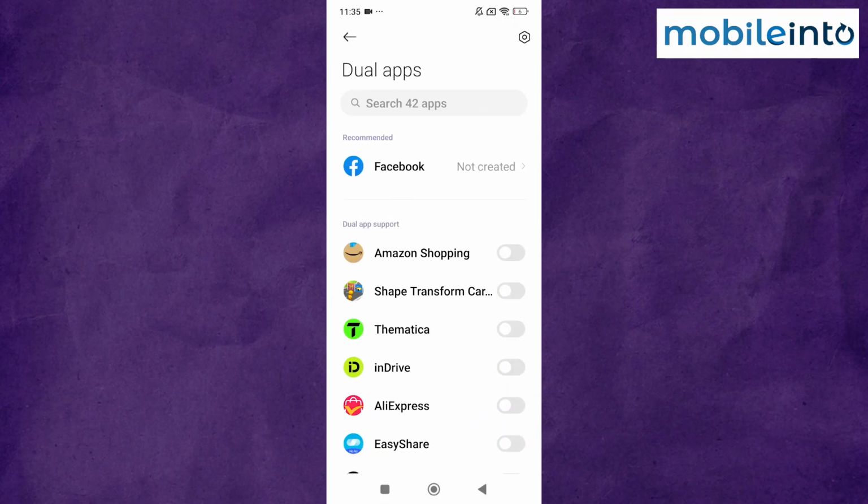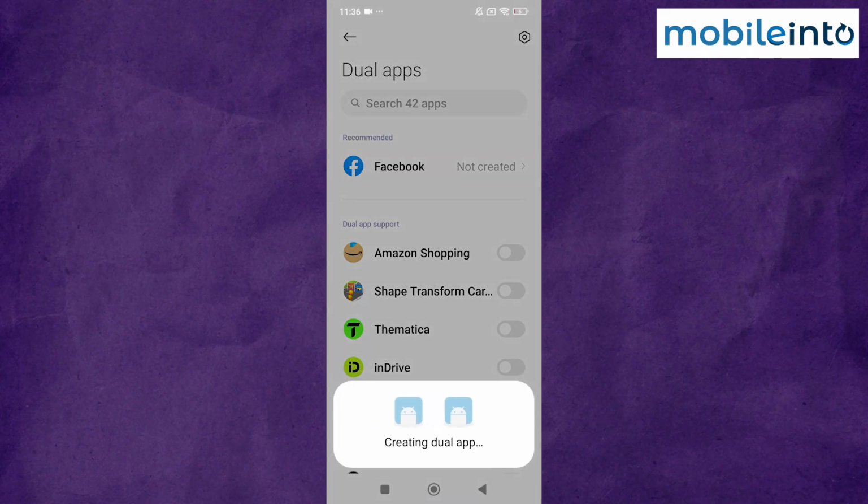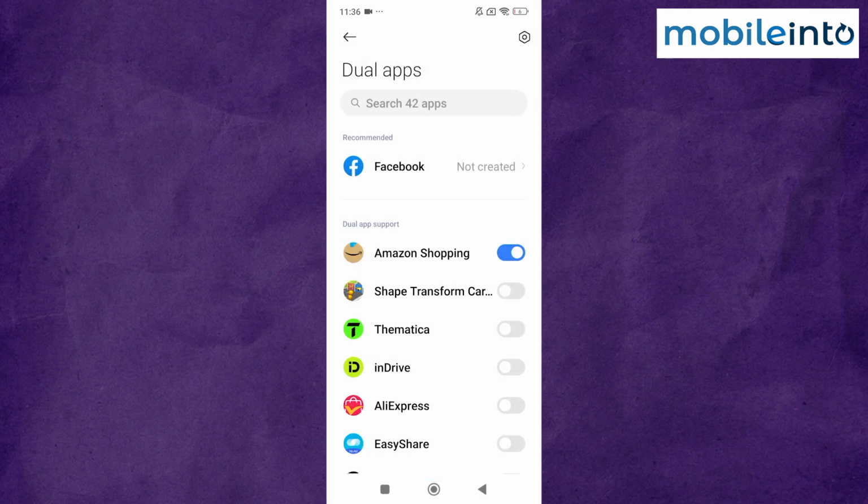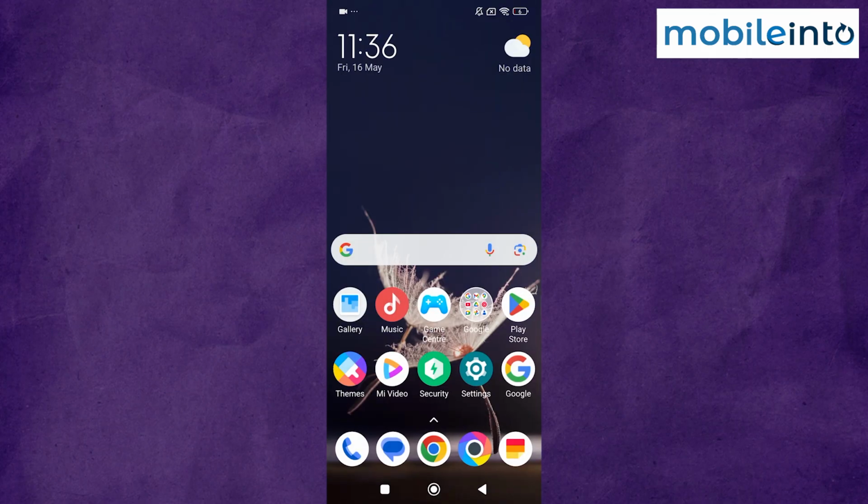Now from here just enable the toggle for the apps which you want to create a clone of. Just like that. Now from here, just wait for a few seconds for your smartphone to create the clone of the app which you have selected. Just like that. Now, if you go to your home screen and open the app drawer,